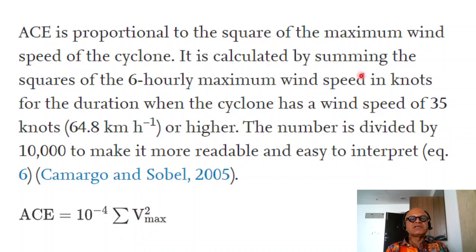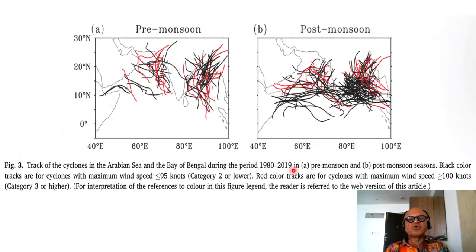It's calculated by summing the squares of the 6-hourly maximum wind speed in knots for the duration of the cyclone when it has a wind speed of greater than 35 knots or higher. The number is divided by 1000 to make it more readable and easy to interpret, but there is also the power dissipation index, which is proportional to cube of the maximum wind speed of a cyclone integrated during its